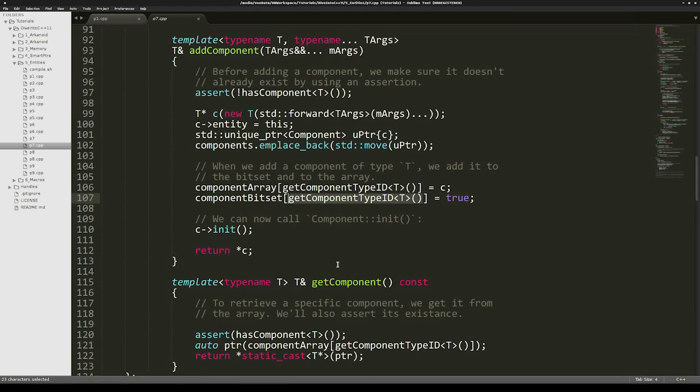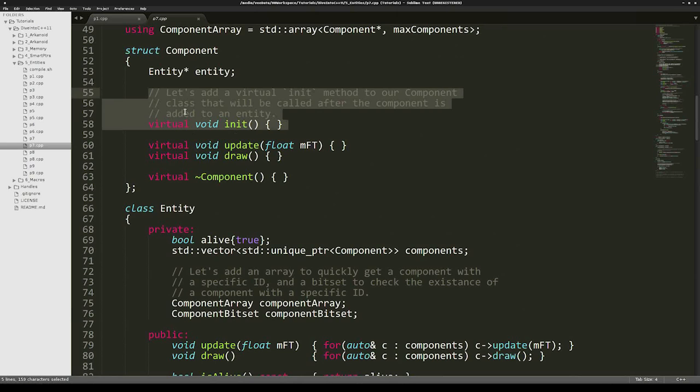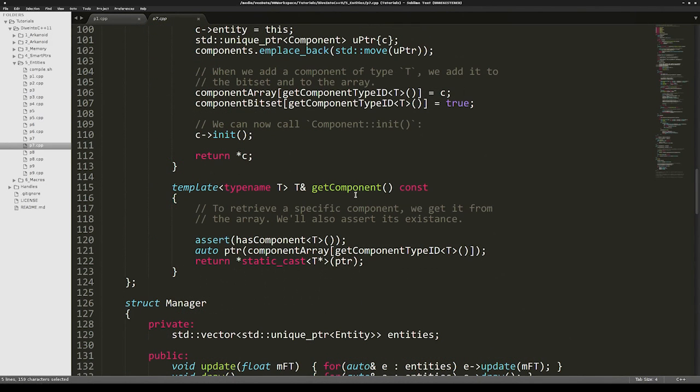that represents the unique ID of the component. I also added a new virtual void to the component that is called init, that will be called right after adding the component to the entity, so that we can retrieve all the required components. This is the virtual void definition in the base class. To get a component of a specific type, again we will use a template function that takes the type T of the component, and it will assert that we have the component inside our entity and retrieve the pointer from the component array with the type of the component ID as the index, and return that component cast to the derived type, because we are sure that the pointer is actually pointing to the derived type,